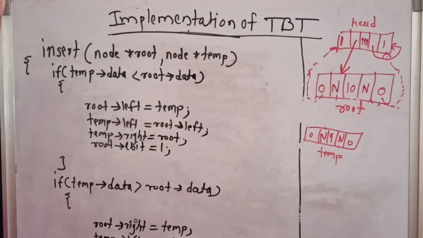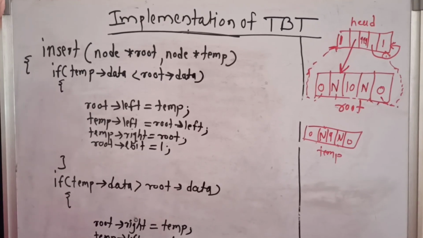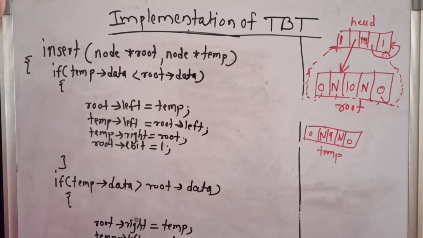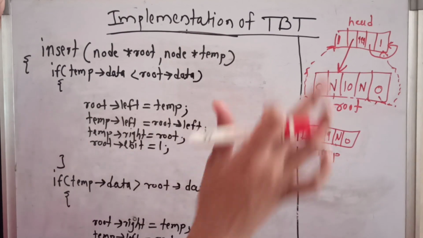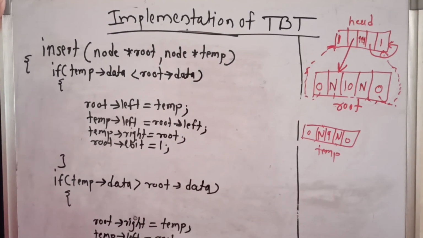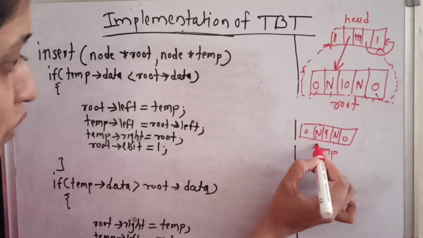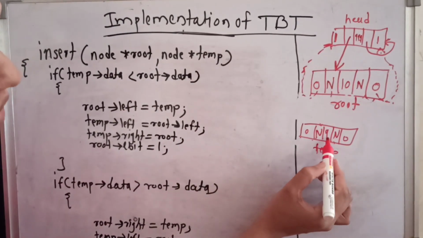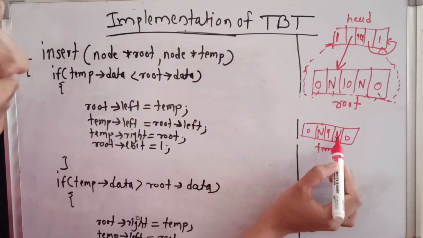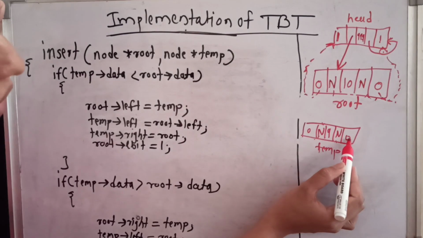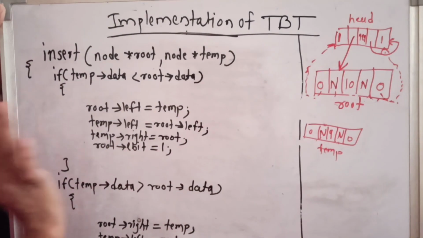Now I will explain the insert function definition here. In the create function we have seen only the creation of the root node, that means till this part. If I want to insert more nodes into the tree, we give a call to the insert function. Suppose I have created the second node, the temporary node, and accepted the data from the user, that is 9. Initially left is null, right is null, R bit is equal to 0 and L bit is equal to 0. So this is the temporary node.